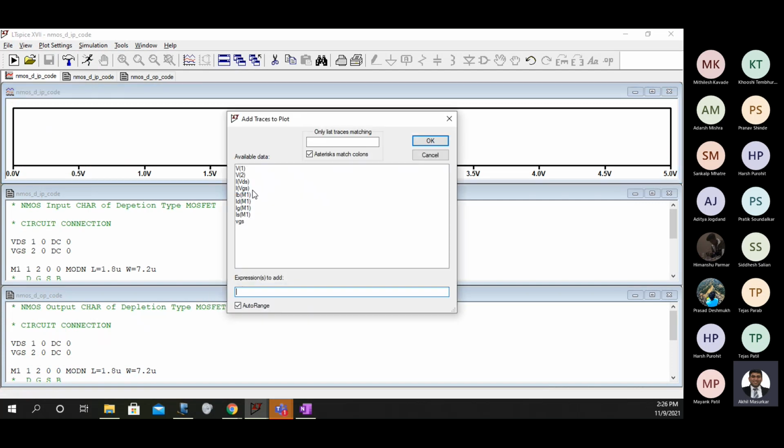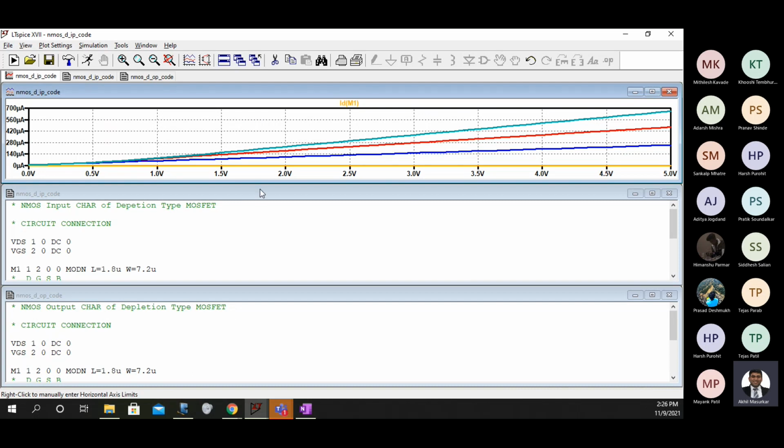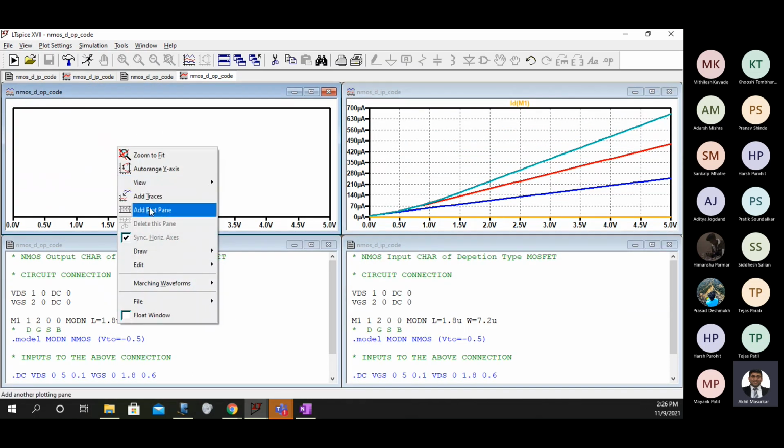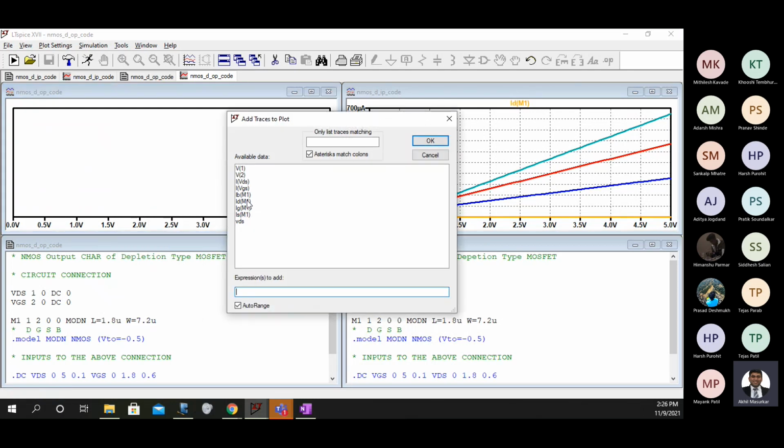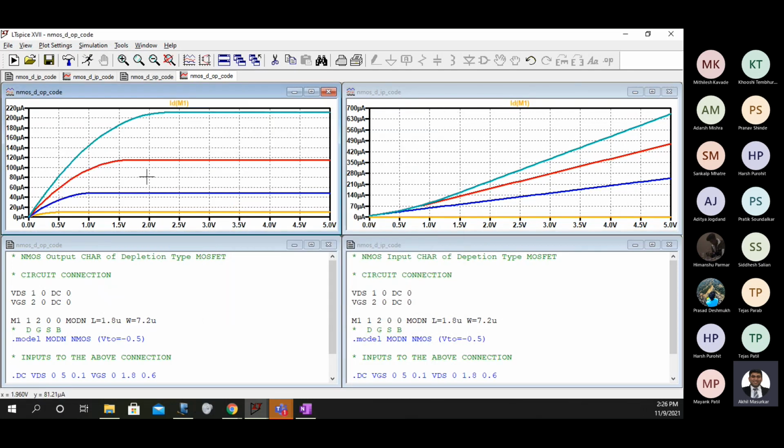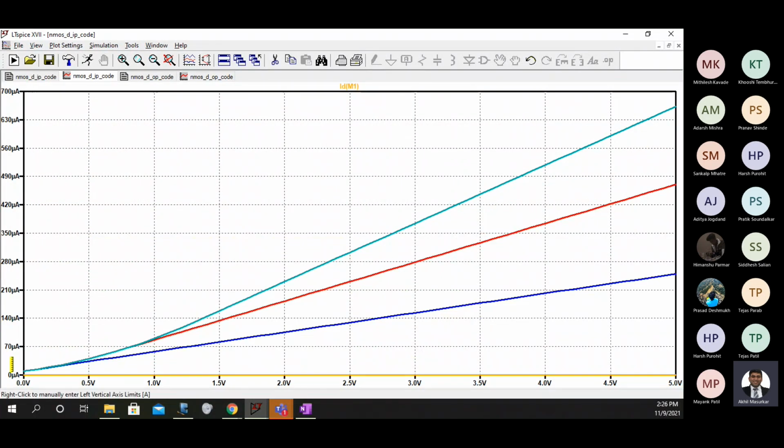I'll drop trace here, that is ID, and I'll run the second one too. Now you can see here specifically the input characteristics. If I expand this, you can see the characteristics only from 0 to 5. You are not able to see from